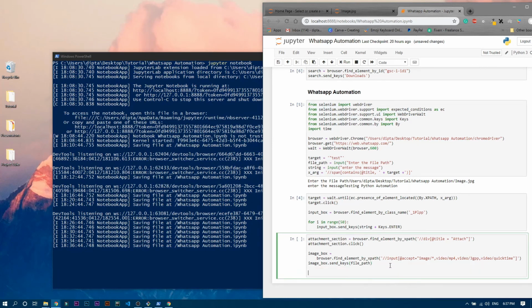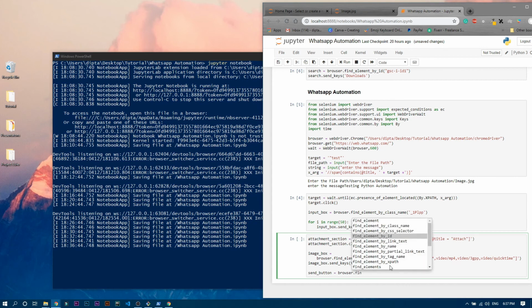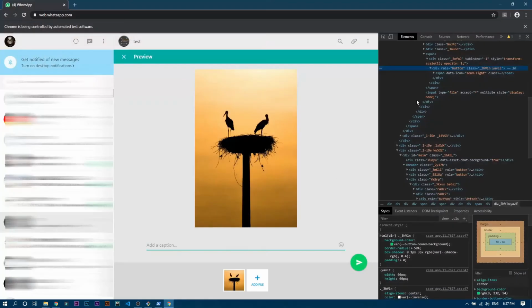So let's write over here send_button, and that equals browser.find_element_by_xpath again, because we don't have any ID or class name over here, right? So we have to use this XPath anyway. Let's write the path, and that is actually a span tag. Yeah, you can see it is a span tag.